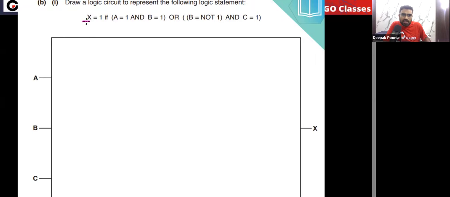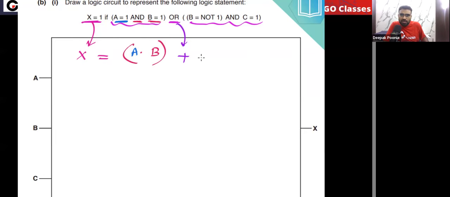So here also you can see x is equal to 1 if either this happens or this happens. Now it's very simple. So I can simply write x equal to 1 as x. This is the OR, so I can write OR here. Now notice one thing: a equal to 1, you can simply write a, and that is AND. b equal to 1, simply you can write b. Okay, look here, c equal to 1, you can simply write c, there is AND here.